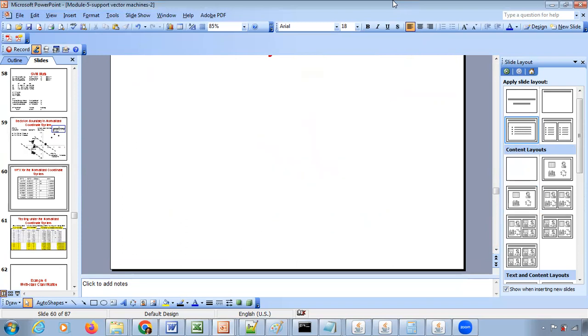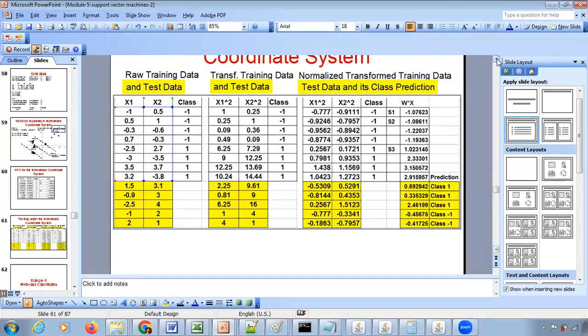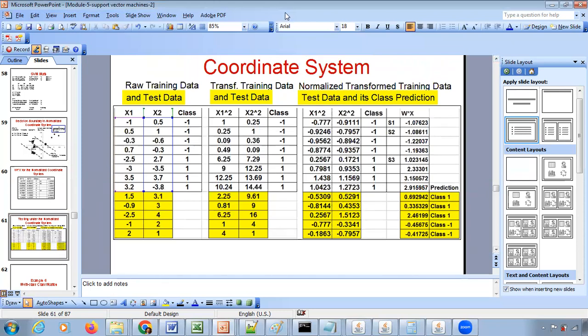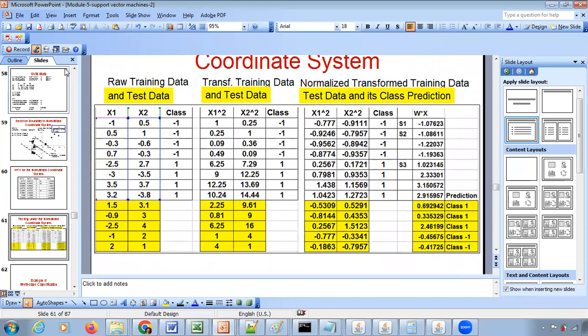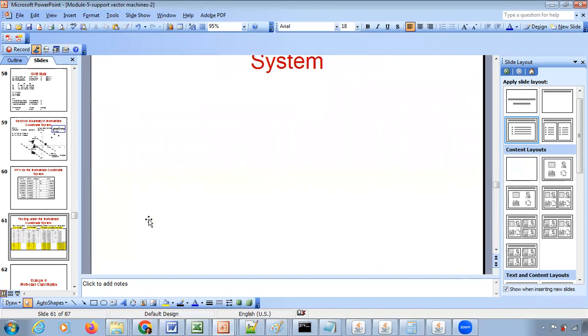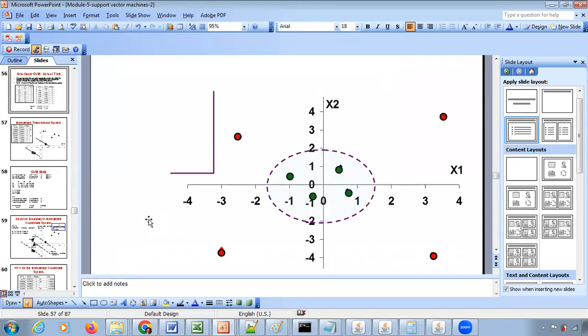So we can do some testing as well. So I have here some test cases. This was our original raw training data that was given to us. We transformed that to the x1 square, x2 square system, and then we normalized that as well and fit the support vector machine model and have a W times X here. So what we can do is, if you're given some test data like 1.5, 3.1, so if you go back to the visualization here,